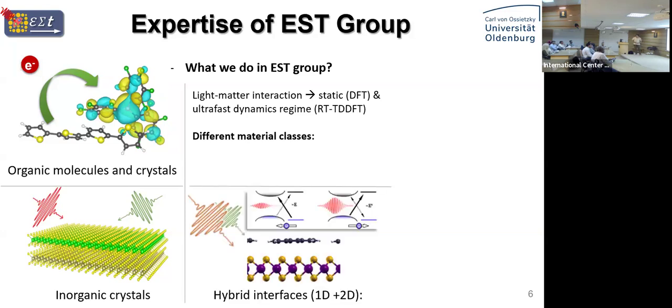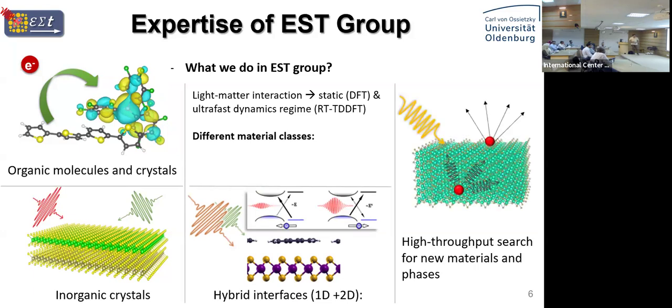Yeah. And we also study hybrids. So the hybrid is where you take one 2D layer from an inorganic material, and take one organic molecule. So you mix them, the so-called hybrid interface between these two materials, and see the response of your system under different laser excitation. And last but not least, we have high-throughput studies where we actually look for new materials and phases of existing materials for different applications, for energy storage and